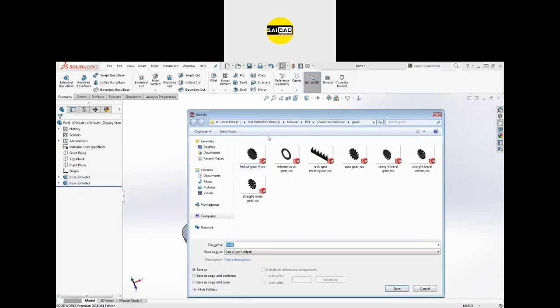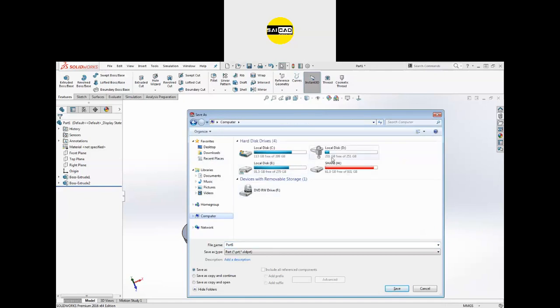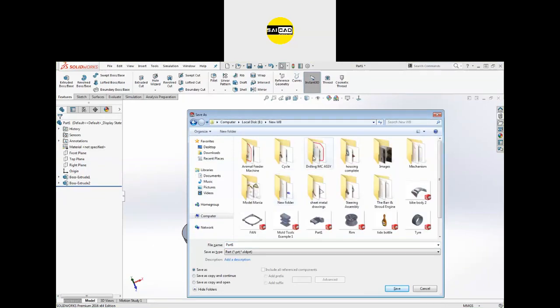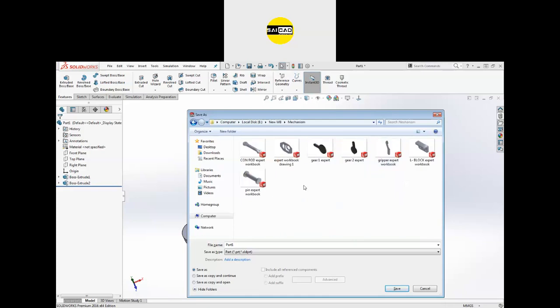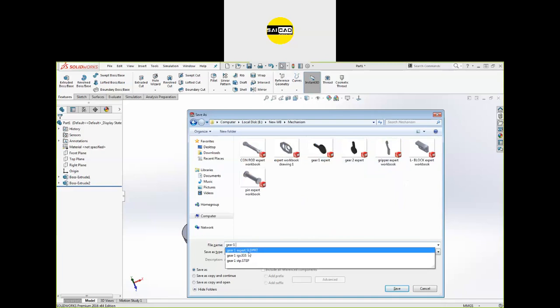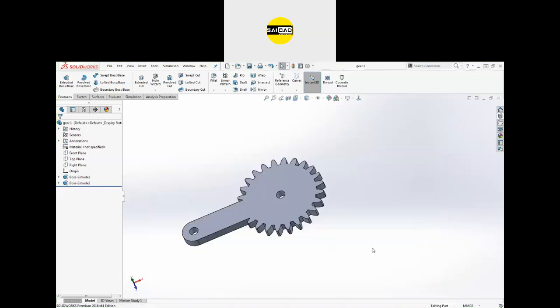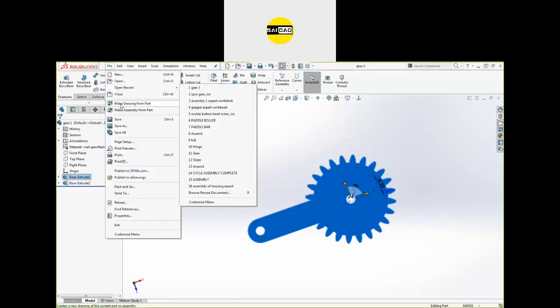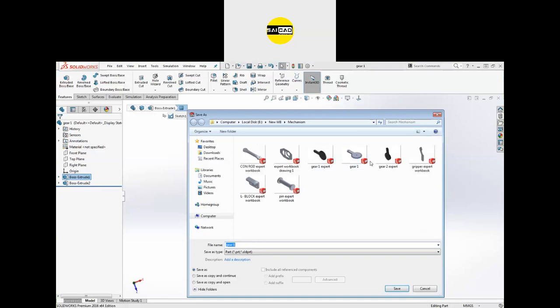So just save the component. I want to save it somewhere in the my location of that component. So that will be in the mechanism. So the name is gear one. Okay, click OK. So here is the component. Now we need to create a similar component. The component has some limited gears, so you can just save this. Okay, save. Select the save as option. Select the name gear two.